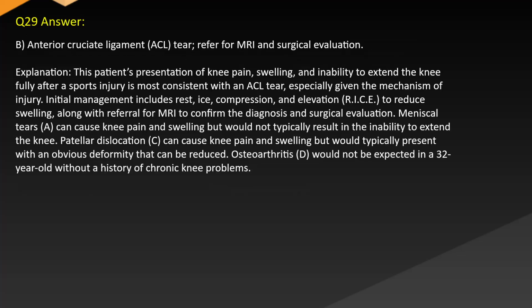Answer B. Anterior cruciate ligament tear. Refer for MRI and surgical evaluation. Explanation: This patient's presentation of knee pain, swelling, and inability to extend the knee fully after a sports injury is most consistent with an ACL tear, especially given the mechanism of injury. Initial management includes rest, ice, compression, and elevation to reduce swelling, along with referral for MRI to confirm the diagnosis